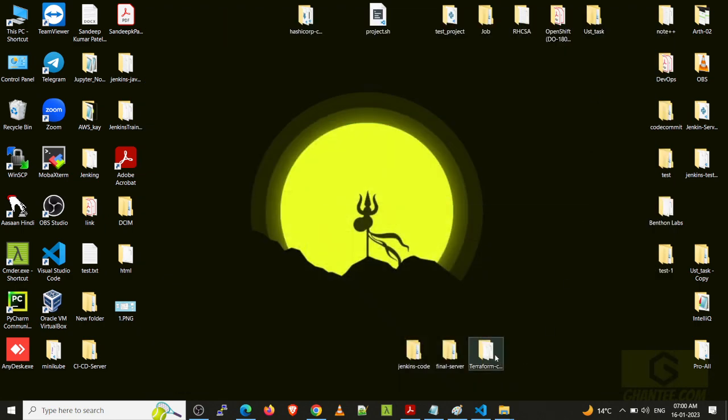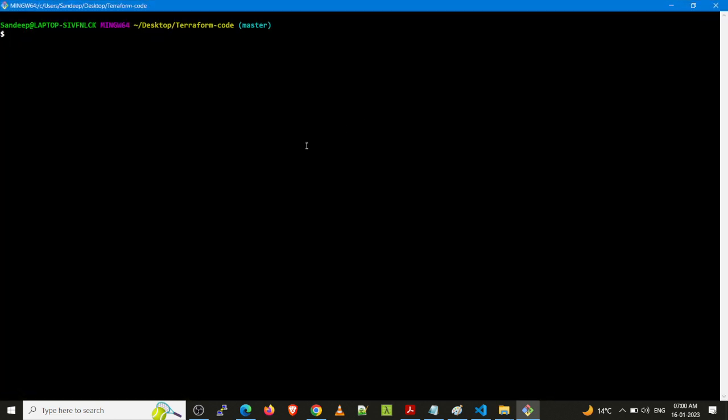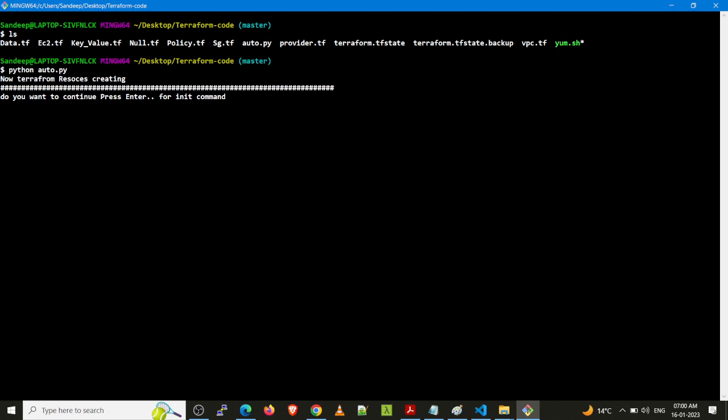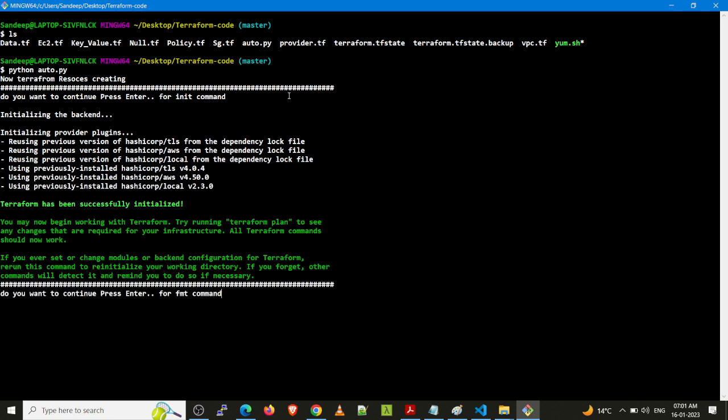So this server is taking some time, so first we have to do one thing. We have to create a server because it's taking time, so we have to reduce our time. So this task will run, so this Python file gets created. This Python file is to start our server. It means it runs the Terraform. This Python file runs our Terraform code, and the Terraform code creates all the infrastructure. So I am going to automate these things. This is the task I have created.